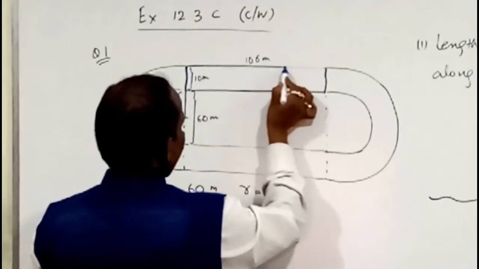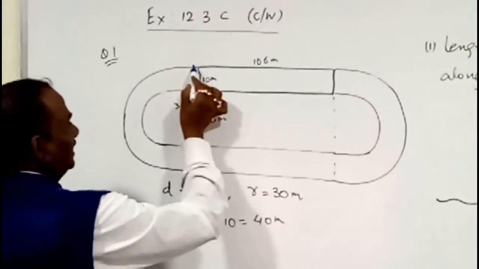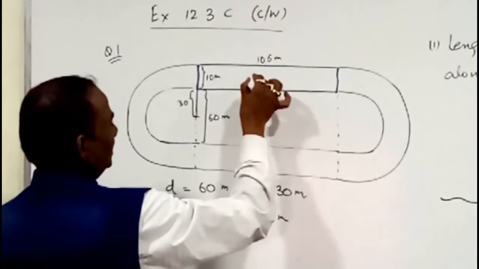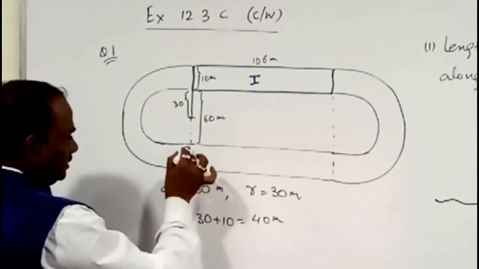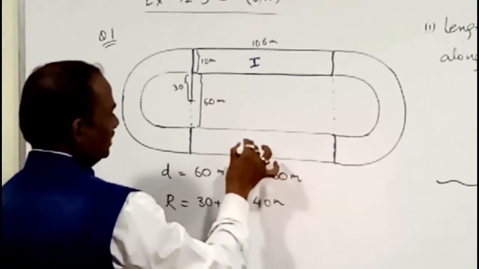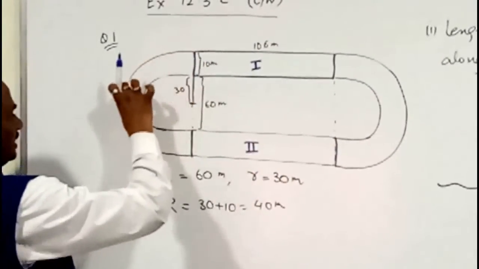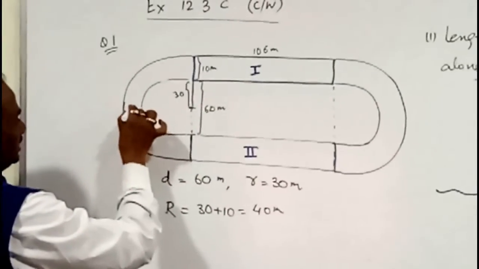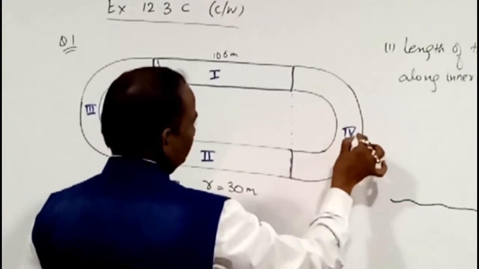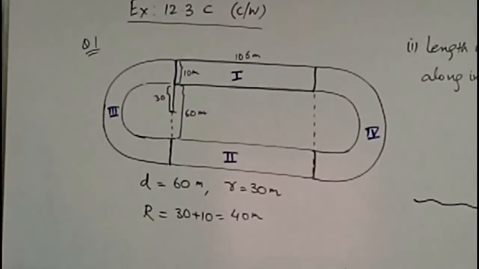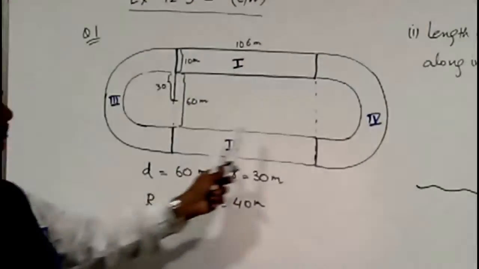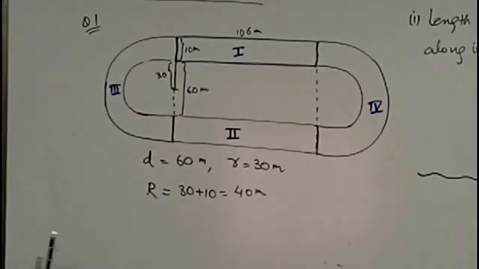इस पार्ट को हम एक रेक्टेंगल बोल सकते हैं जिसका लेंथ है 106 और ब्रेथ है 10। इसको हमने मार्क कर लिया है पार्ट 1। ट्रैक के इस पार्ट को जो कि 1 के बराबर होगा उसको मार्क कर लिया 2, और ये वाला जो पार्ट है सेमी सर्कुलर पार्ट, इसको मार्क कर लेते हैं 3, और ये वाले पार्ट को मार्क कर लेते हैं 4। अब आप देख सकते हैं कि पार्ट 1 का एरिया पार्ट 2 के एरिया से इक्वल होगा और पार्ट 3 का एरिया पार्ट 4 के एरिया से इक्वल होगा।